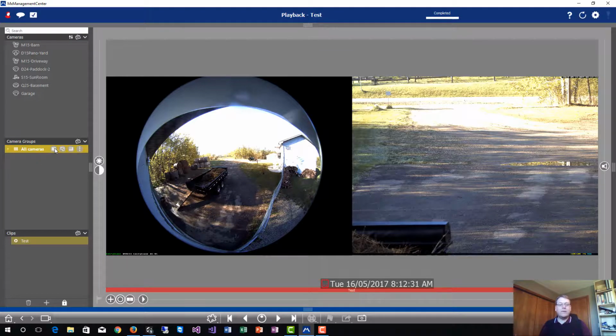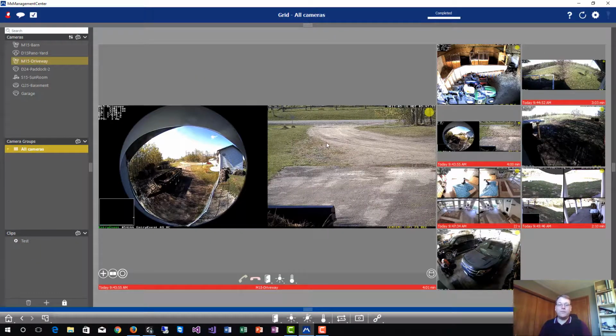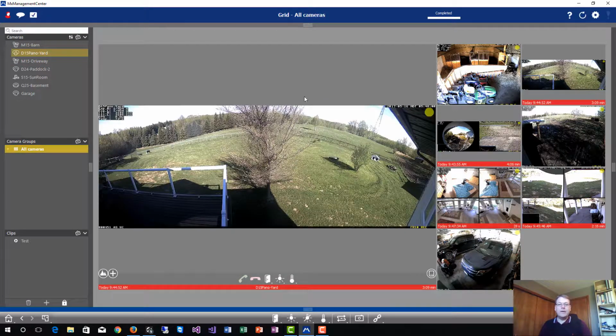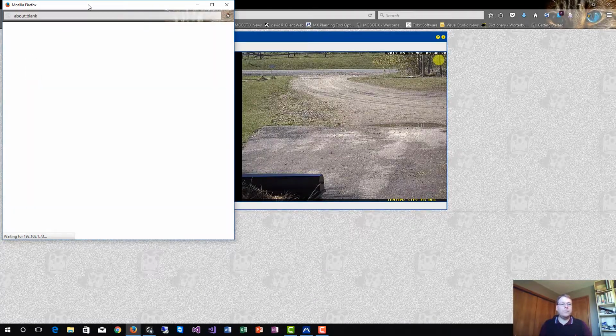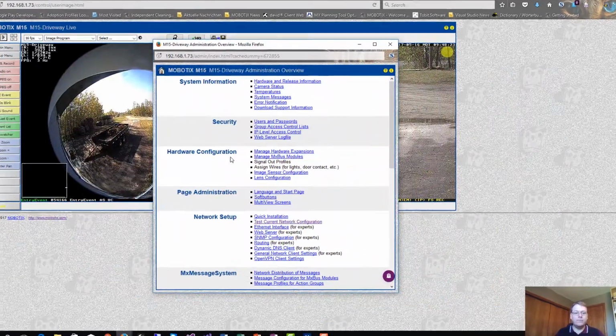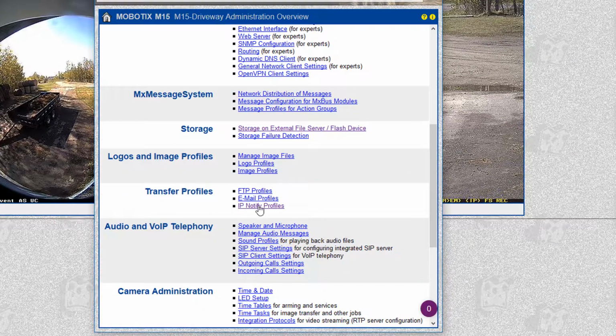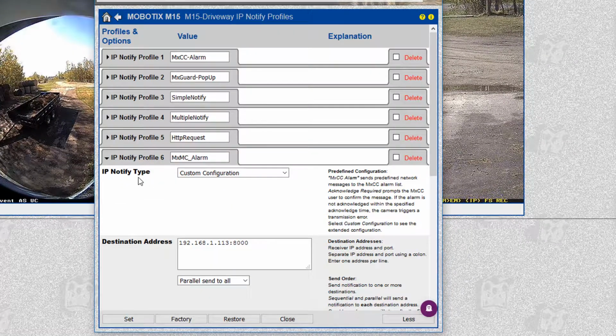Now, another very smart and very useful option in many instances, especially if you are dealing with guards. So let me select a different camera for now. You have more options now to remote control the management center. Sorry for that. By simply programming an IP notification. So I have my driveway camera here, and I'll go down to IP notification profiles, and you see